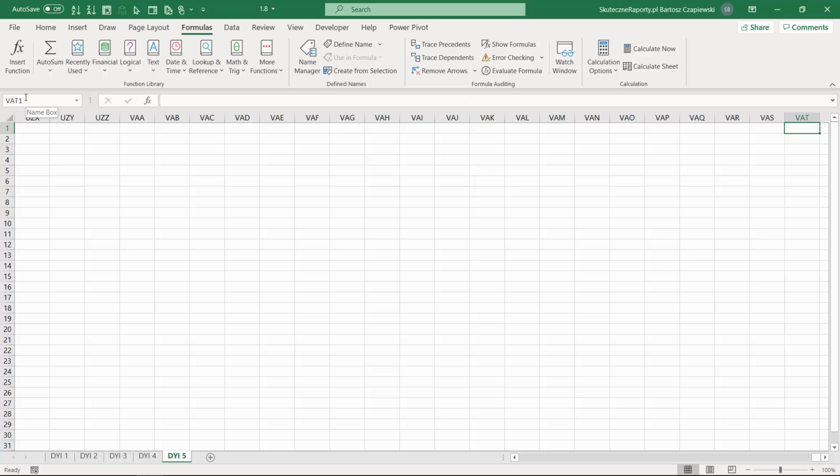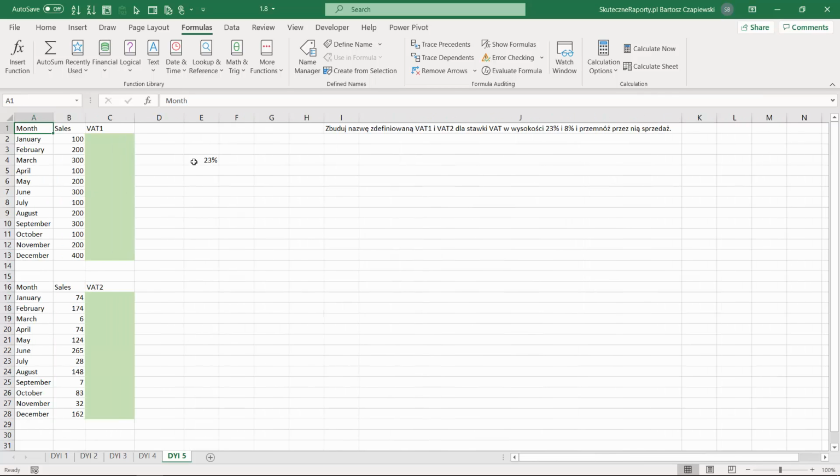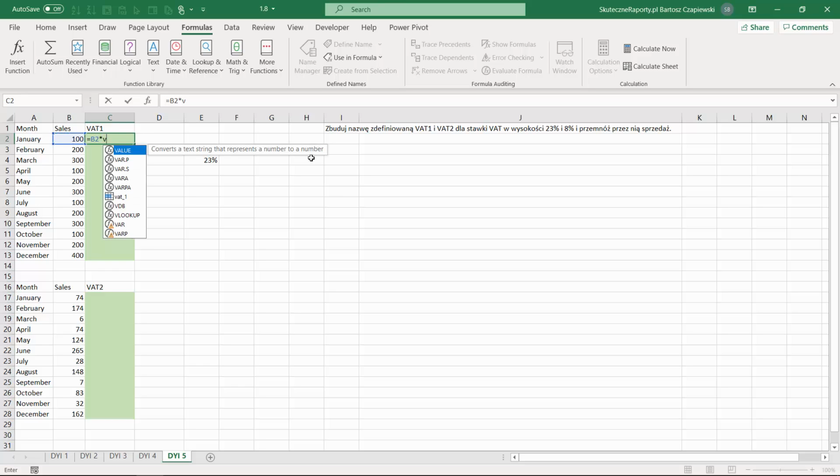Because within Excel there already exists a cell that has this kind of defined name, so you cannot use this name. You can use a different name, like for example VAT_1. You cannot use spaces in here, so VAT_1 or any different name. Now when we have it, you can create the calculation B2 multiplied by VAT_1, and we can copy the formula